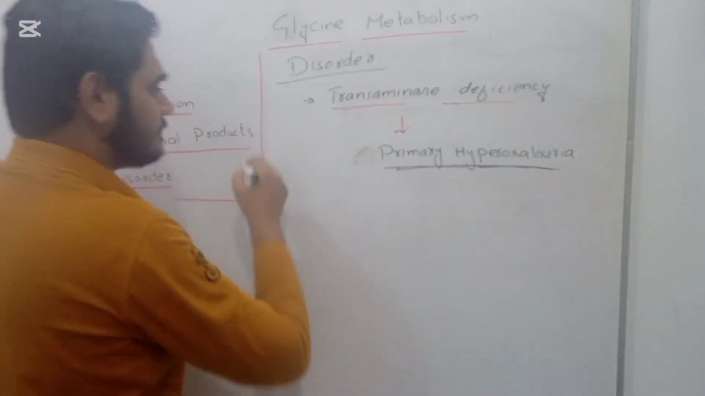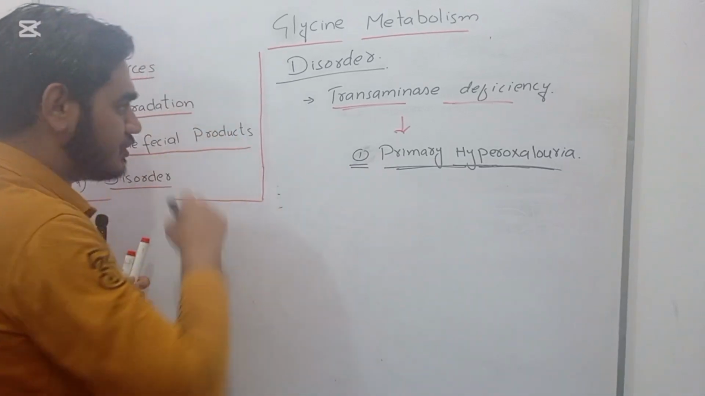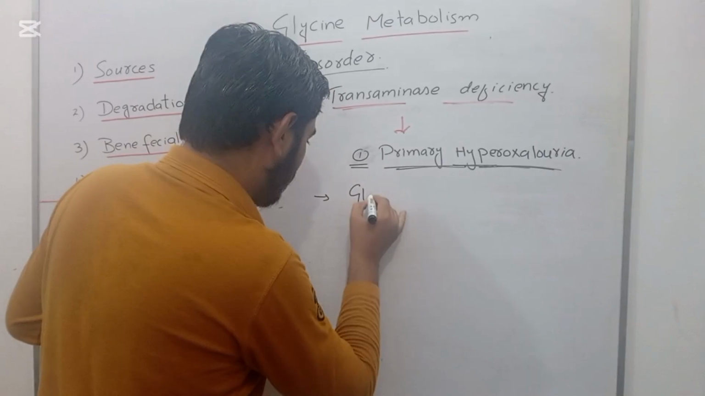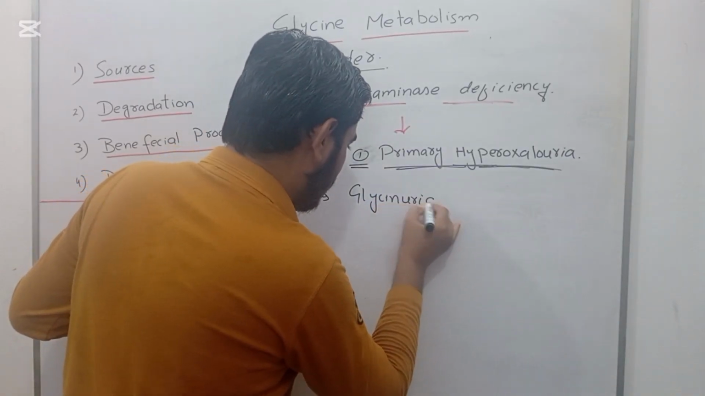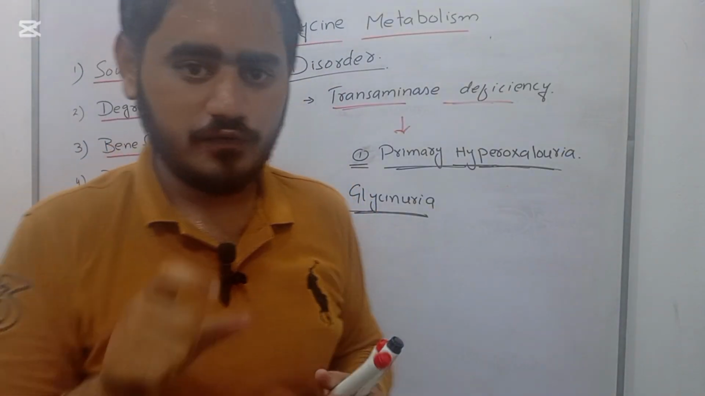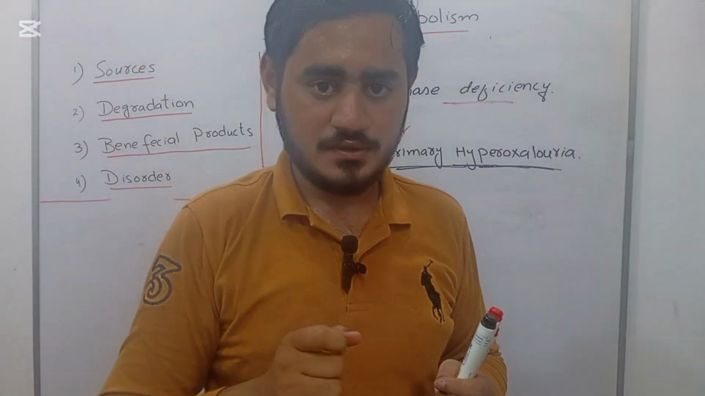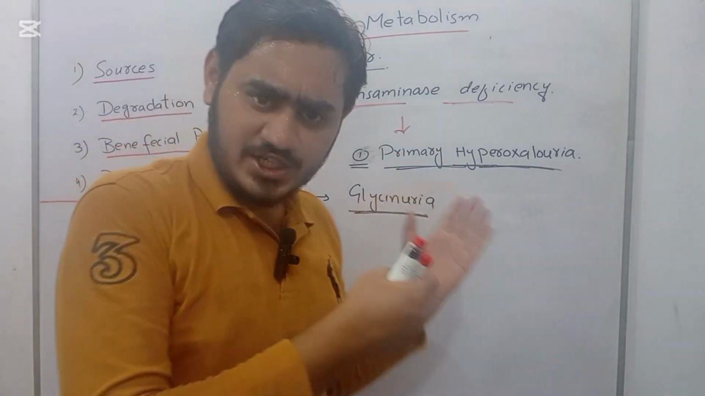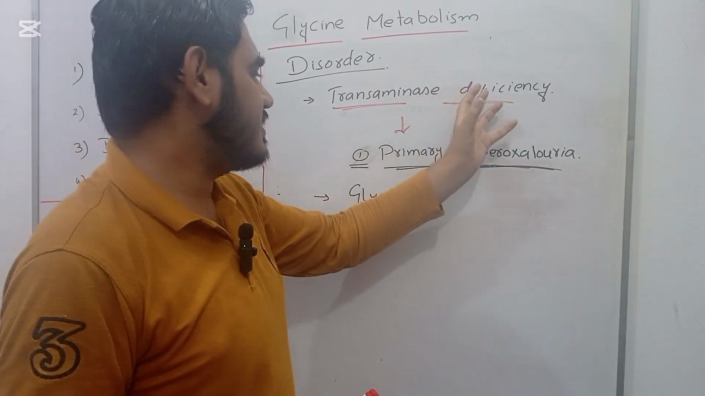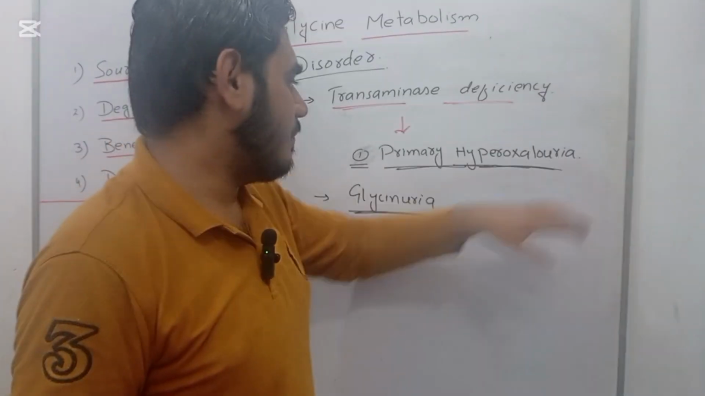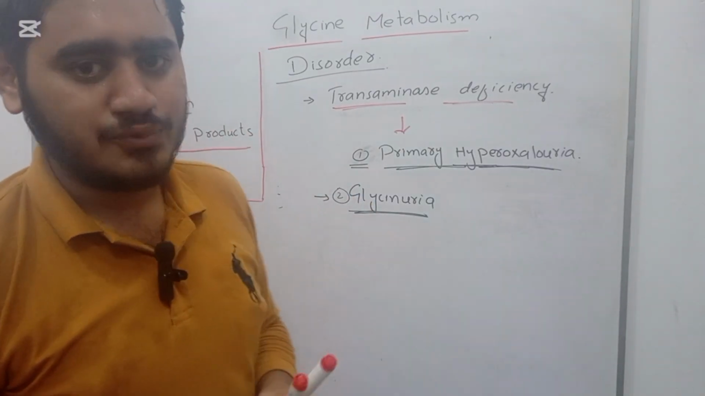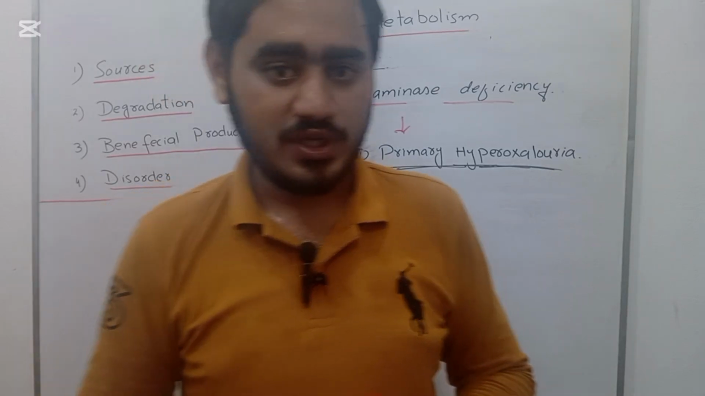Another disorder is glycinuria. It is due to a defect in absorption of glycine through renal tubules. Okay, that leads to excretion of glycine in urine. So these are the disorders: the deficiency of transaminase enzyme leads to primary hyperoxaluria, and another one is glycinuria, which is due to a defect in the absorption of glycine through renal tubules and leads to excretion